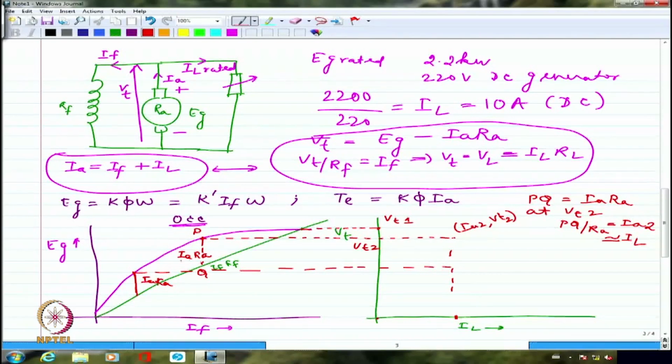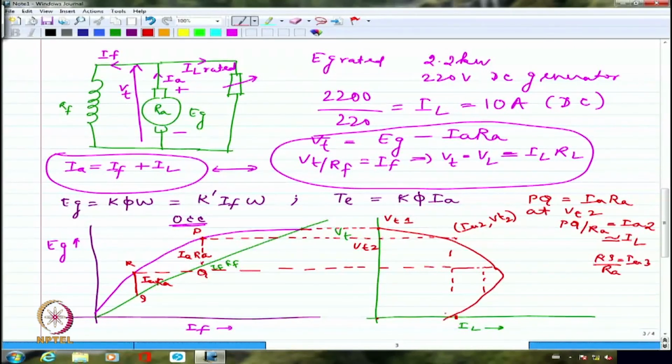If I call this RS, I have RS divided by RA, which will be maybe IA3. So I'm going to have maybe slightly higher current. I have to derive point by point, and then I should be able to get it. So this was my second point, this was my third point, and maybe my external characteristics will be somewhat like this, and finally